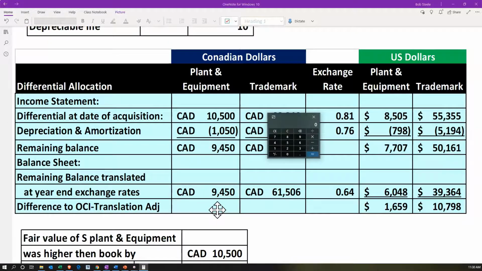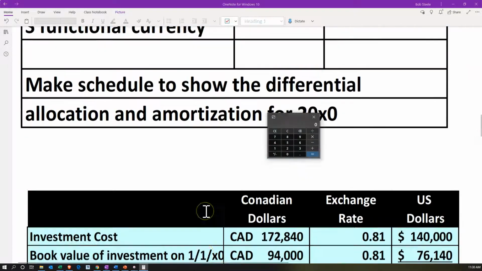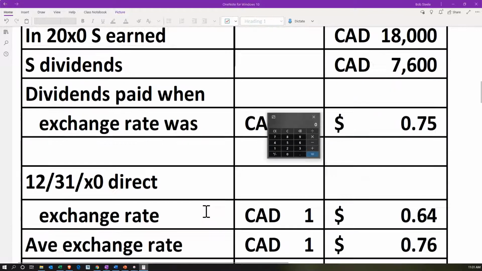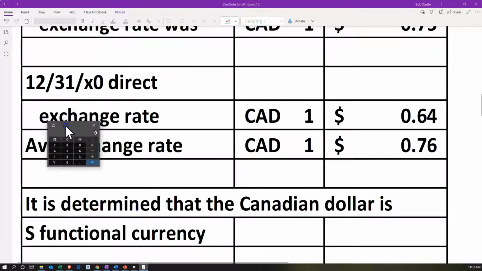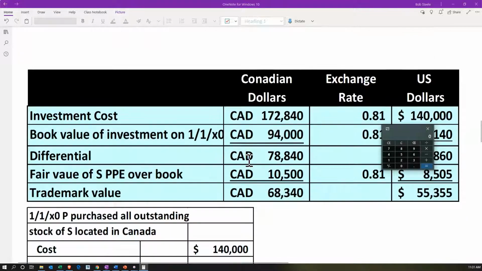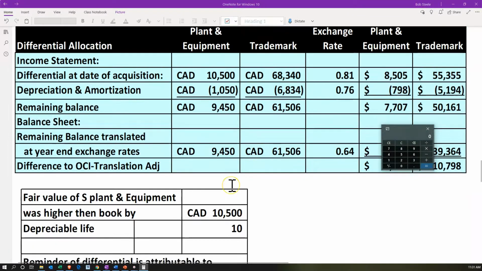Now, when we're taking these amounts, we're talking about the amount at the end of the time period. So we're going to use a different rate again, because when we look at the end of the time period, I'm going to scroll up a bit to get there, we're using the end of the time period, which is going to be 12/31. So at 12/31 x0, the exchange rate is 0.64. So the main point here is that we're using a different exchange rate again, because now we're talking about balance sheet accounts at the end of the time period, and most of the balance sheet accounts, assets and liabilities, these being assets,